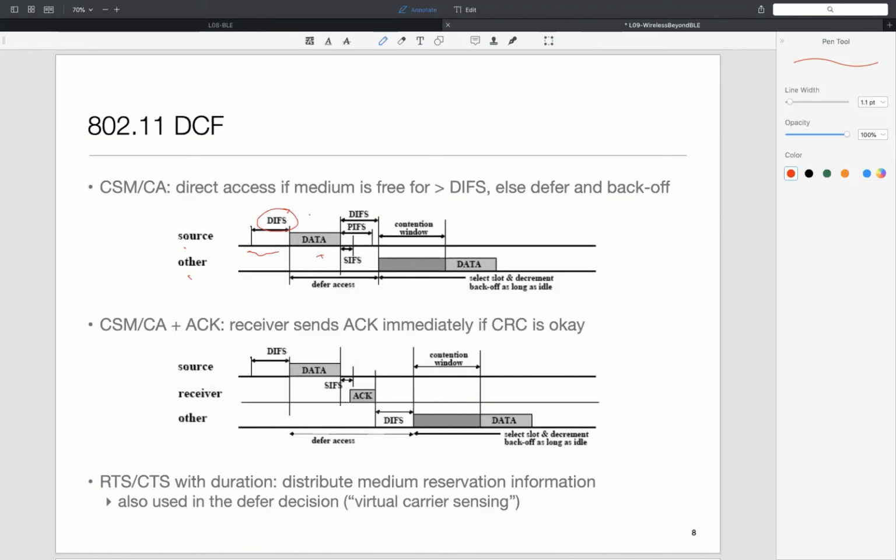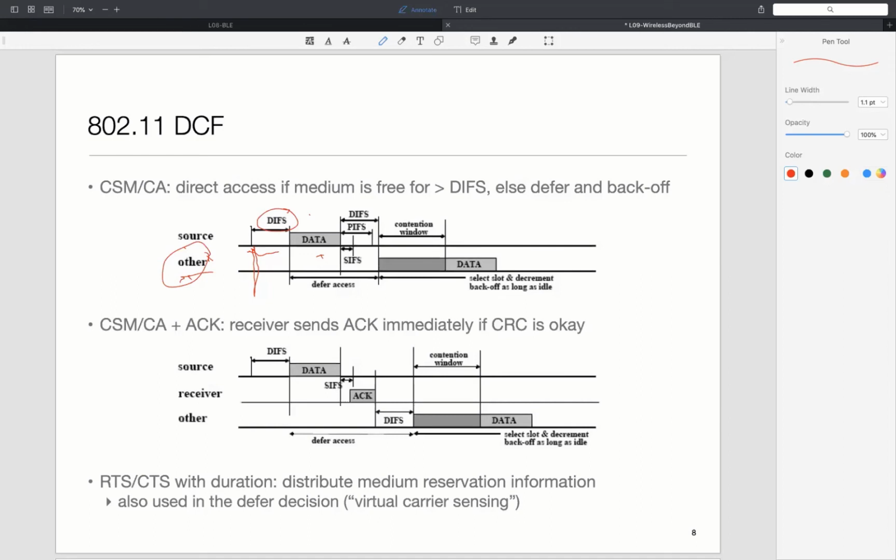And then after having done that, what I'll do is wait for a certain period of time. Now, meanwhile, there may be someone else who also wishes to transmit data. So there are two possibilities. One is that this other party did not decide to transmit exactly at the same time. So in theory, it's possible both the nodes started checking for their DIFS at exactly the same time. But in general,